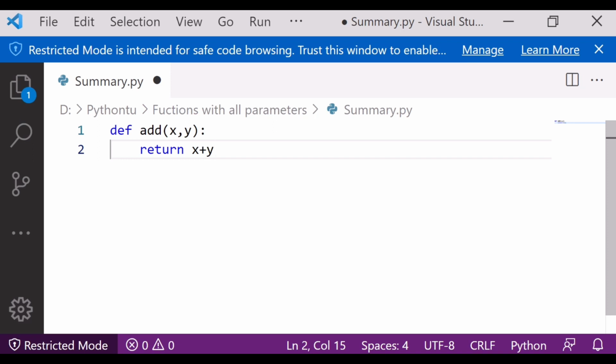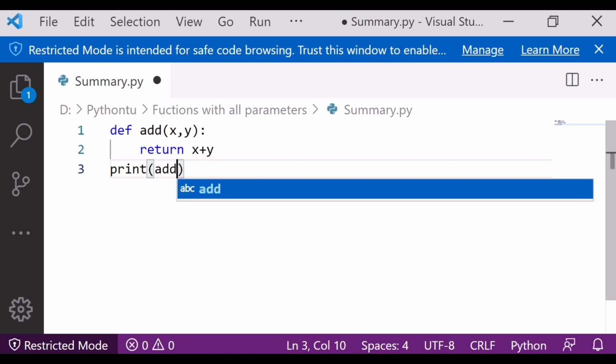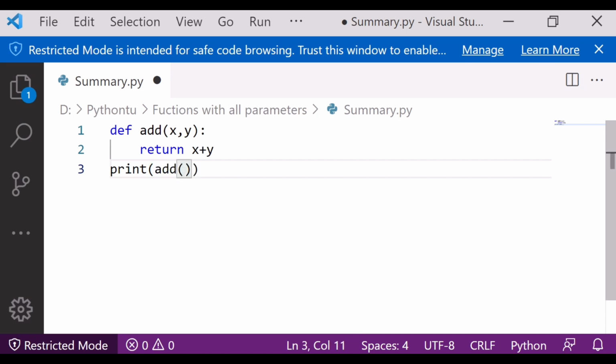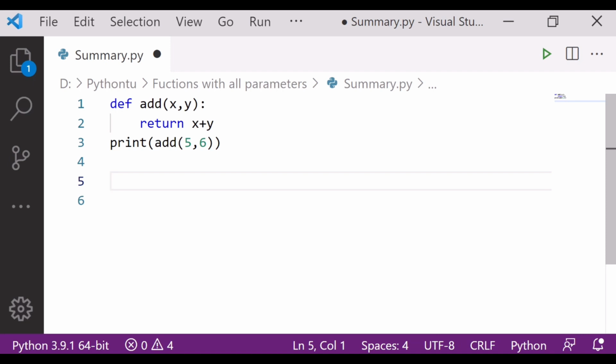After that I will print add, and suppose I am writing 5 comma 6, brackets close. Let's run this program.